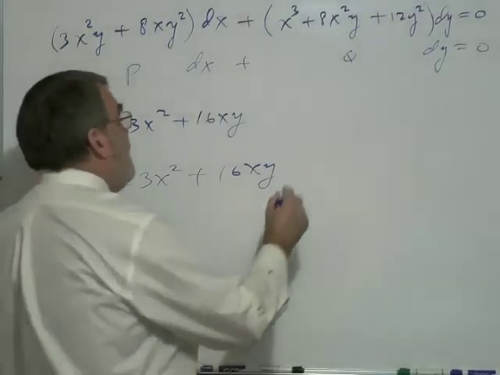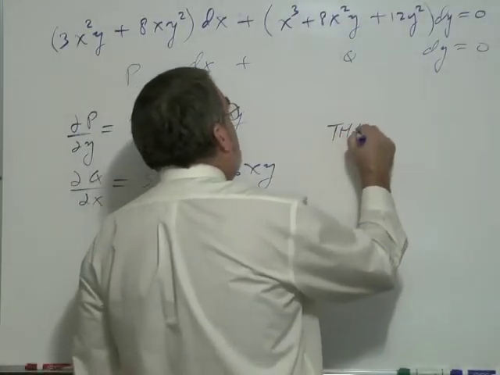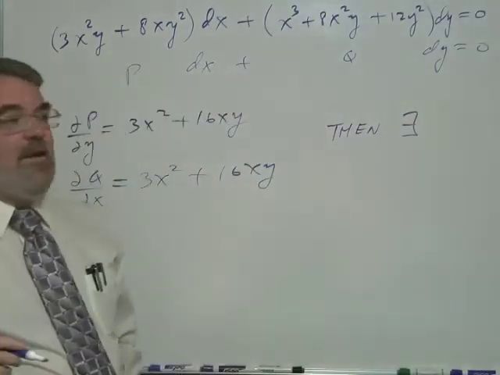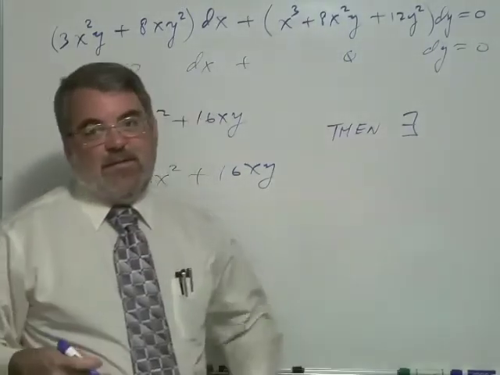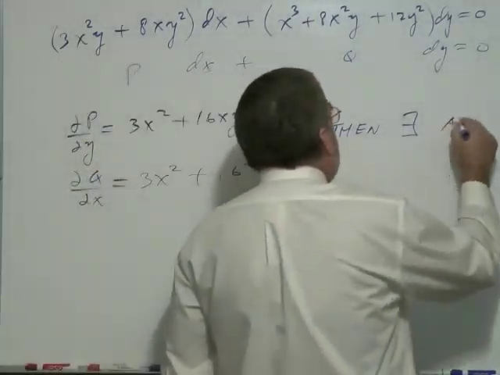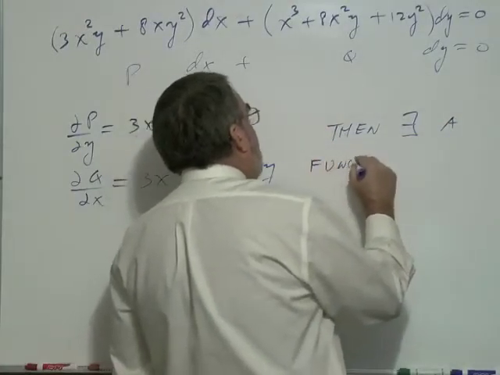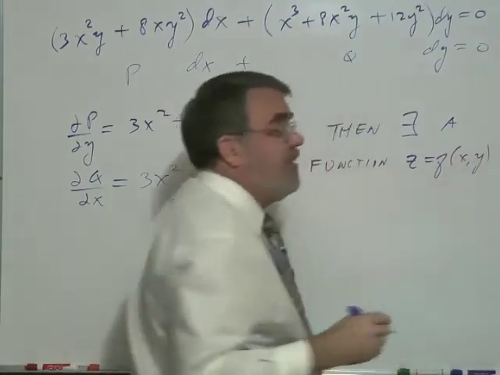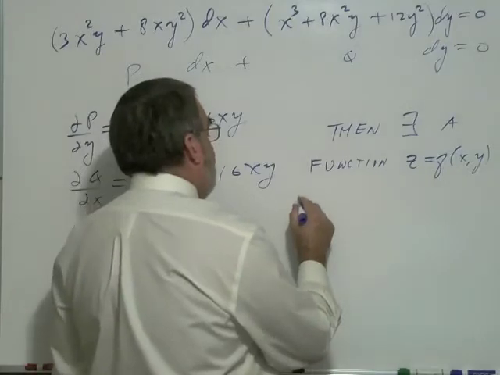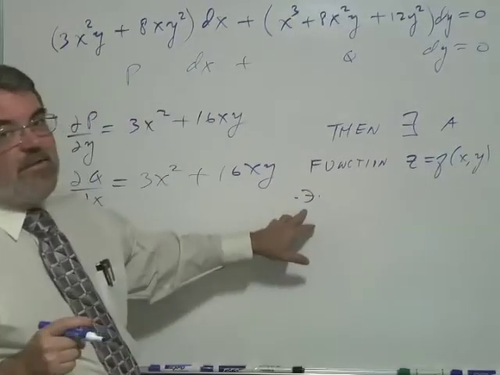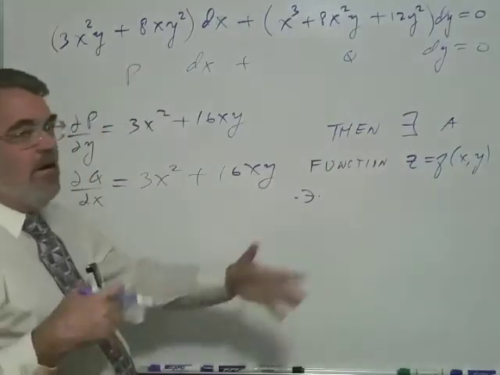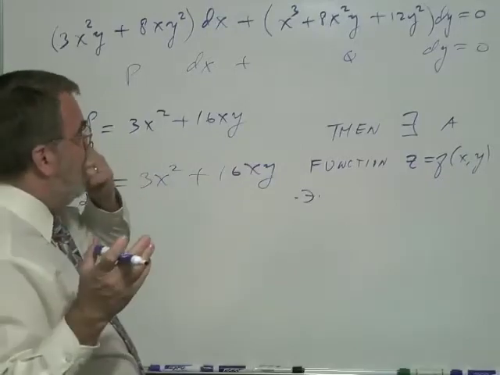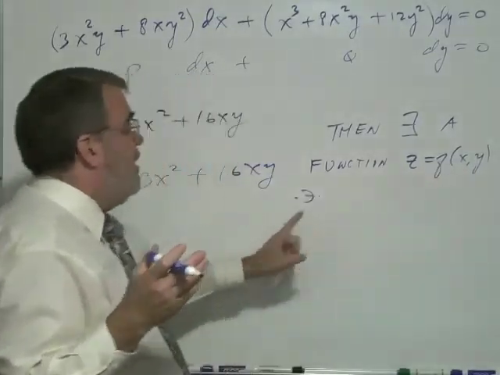In other words, this means then there exists, by the way, the capital backwards E means there exists a function z, or f of xy, such that, and here's a little symbol for such that, so here's there exists and such that. I'll use that from time to time. It's just mathematical shorthand. Then there exists a function z equals f of xy such that